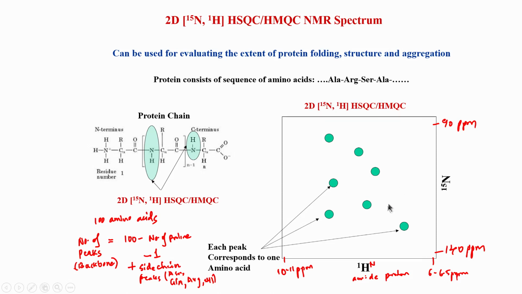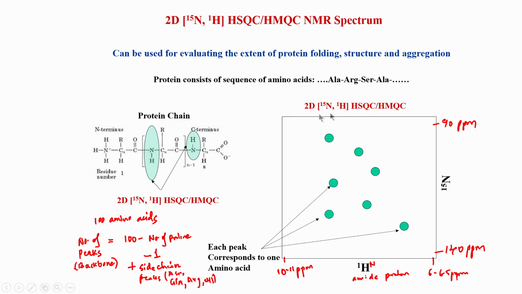But in a protein the intensity can vary a lot. So, if this peak is 100 in intensity, the missing peak will be less than 1. It will be a large difference. Therefore, it is very easy to miss them or not observe them in the spectrum, even if you record the spectrum with a very high signal to noise. Even then you can have many peaks which are missing. That is the challenge with protein NMR, and that affects structure calculation and the assignment of the protein and so on. But whatever we have, we sometimes have to manage, and we will see how to improve the spectrum quality in case we want to get more and more peaks.